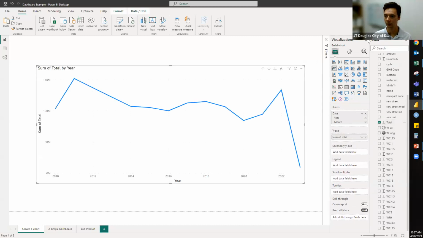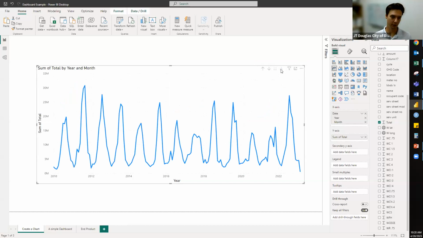Now, this is the original chart that we started with here, right? It's kind of auto-generated. But we want to be able to get more of that context. So we've got our little option here to drill down. And now we've got that in the monthly category there. So in about 60 seconds, we've got a nice usable chart here, and we can take a look at all